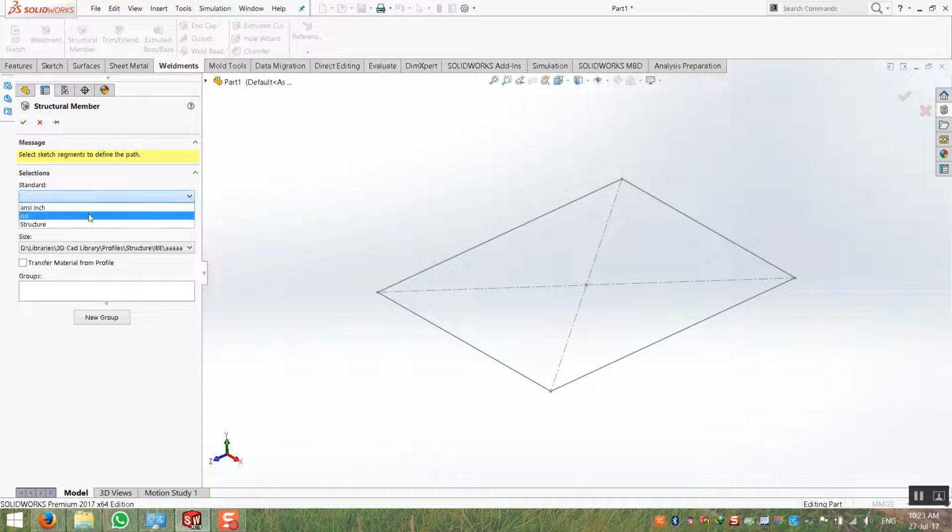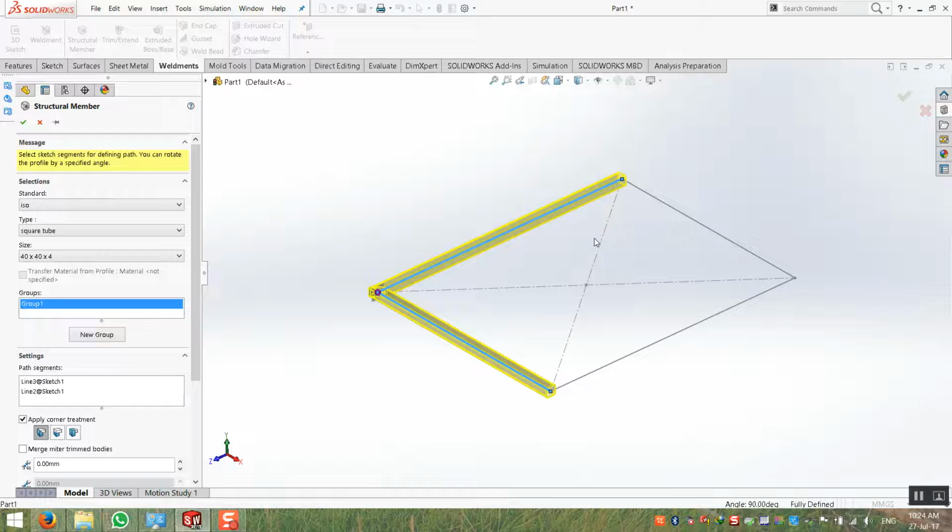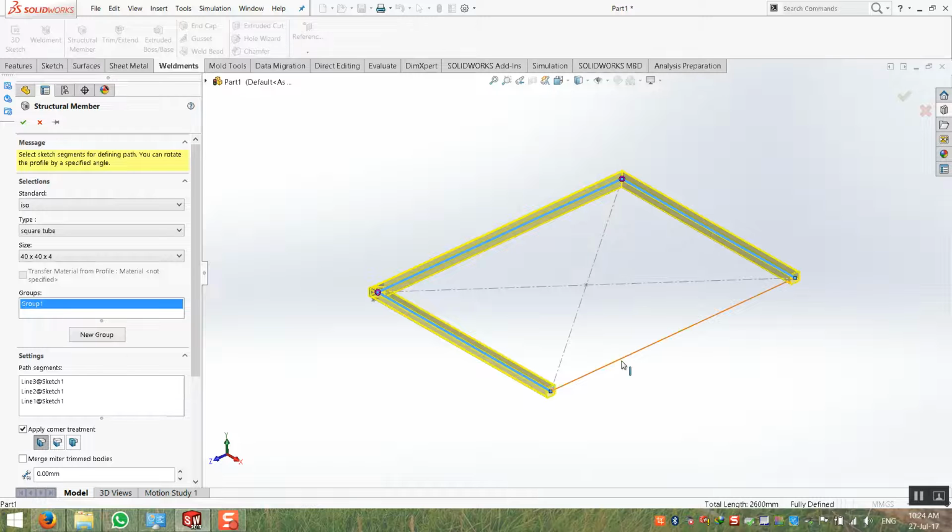just click your standard. You need ISO type, rectangular tubes, SP tubes, square tubes, 2x2, 3x3, 4x4, 8x8, okay. For example, 40x40x4, okay. Just click 1, 2, 3, 4,